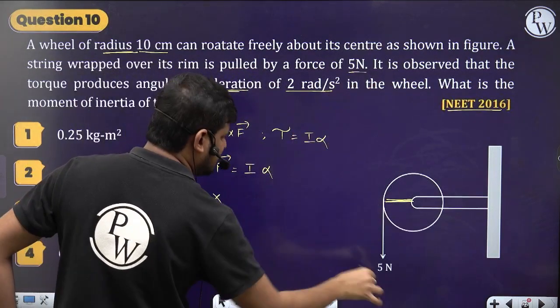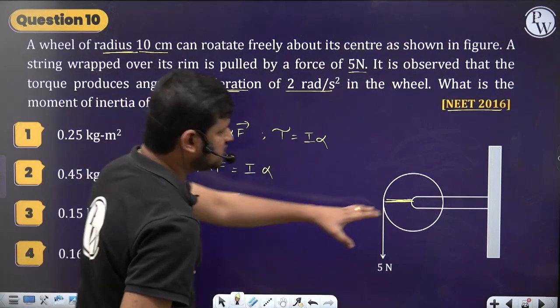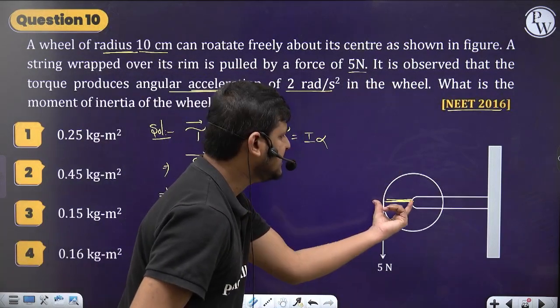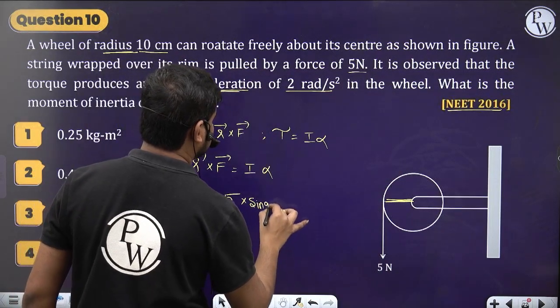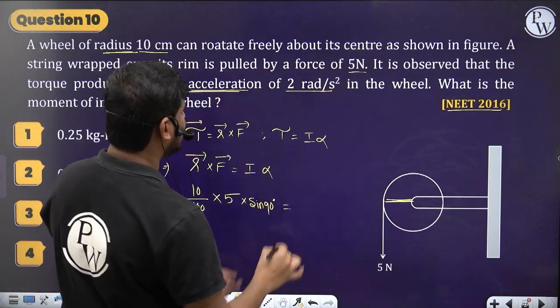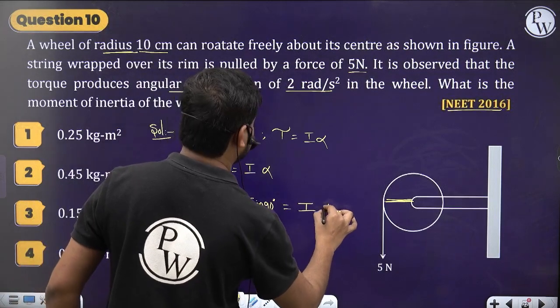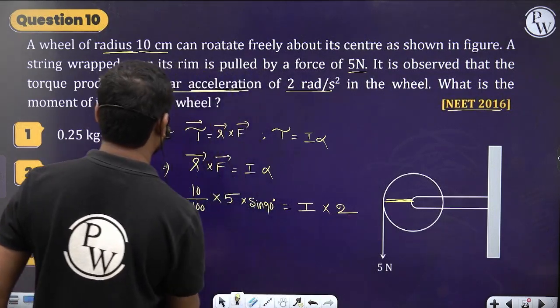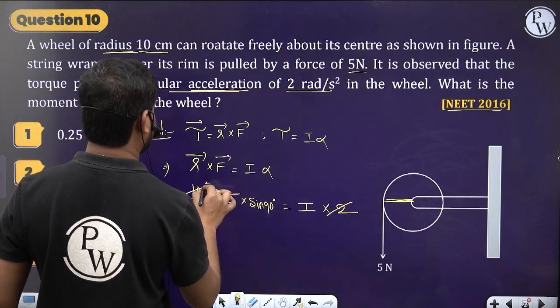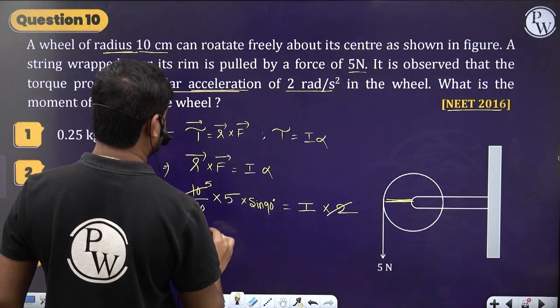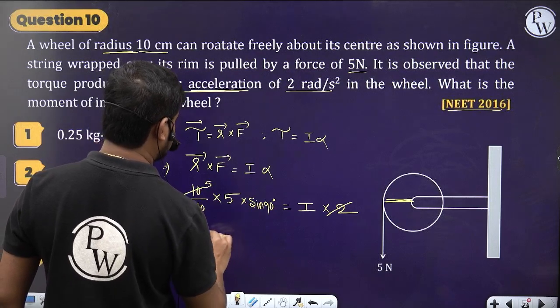5 newtons force. So force is tangential and radius is here. So both are perpendicular, so 90 degrees, sin 90 degrees. And I, moment of inertia, we have to find, and angular acceleration 2 they gave. So simply, 5 into 5, 25. So 25 by 100, I is equals to